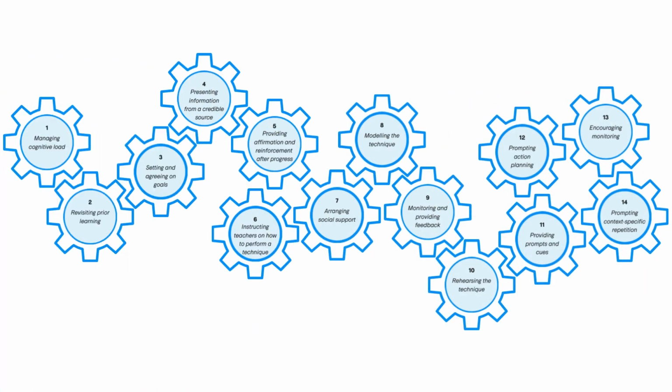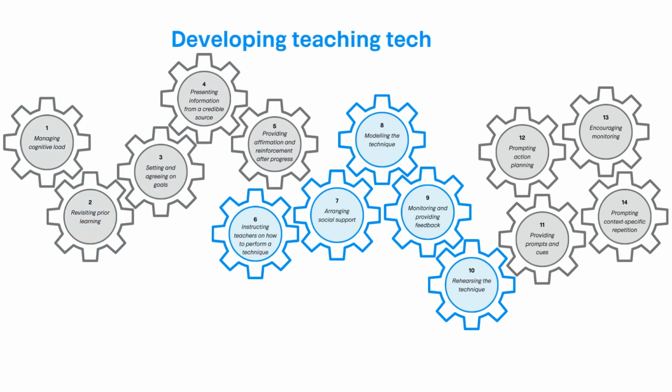This means that when designing or selecting PD programs, it is important to carefully consider the mechanisms, remembering it is not just the number of mechanisms which is important, but also whether there is at least one mechanism from each of the 4 different groups. To support teachers and school leaders to use this evidence,